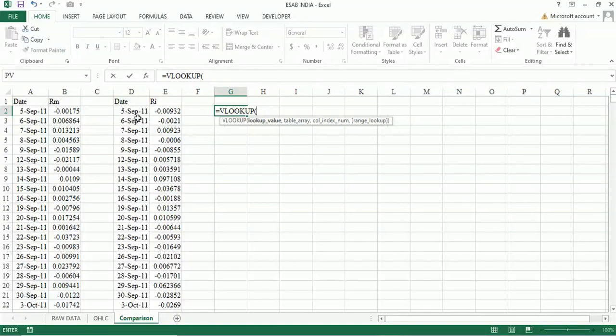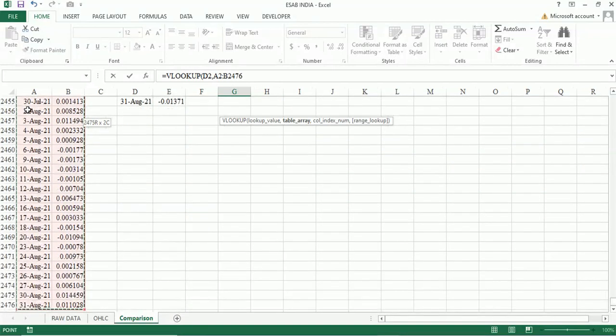So I'm matching this data with this particular data set. I'm searching this date, and my table array is this. The table array is my whole data, that is the market data.